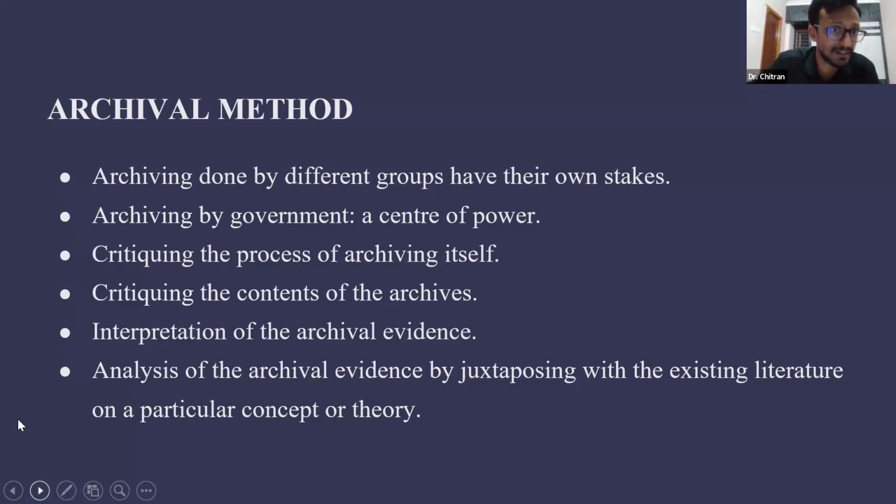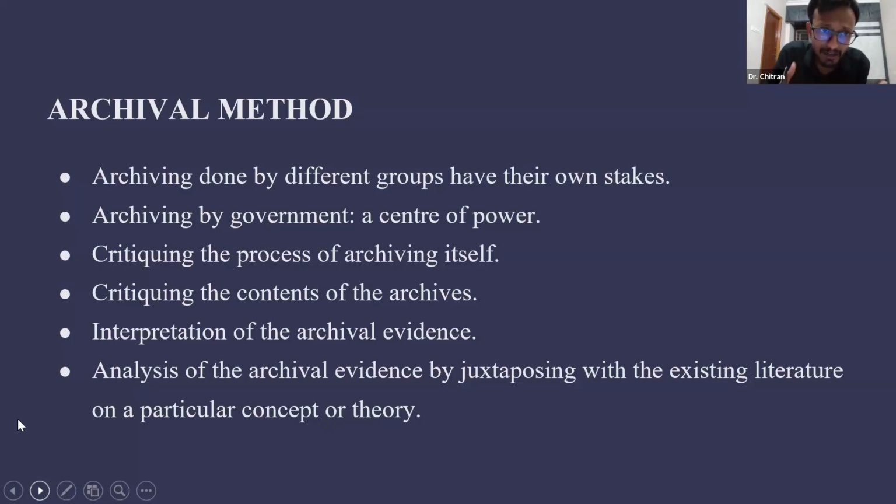They won't write from a position of humanitarianism. So they will write from a position of power. So you are critiquing that content in the archives. Maybe you are critiquing the archiving process itself, right? Why are certain communities' voices not visible in the archives? Why are only certain communities' voices visible in the archives? So you are criticizing the whole concept of archiving. In that sense, I think archiving made me critical, and it's not just archives. Even if you go for sampling methods, I think you should have a critical lens.